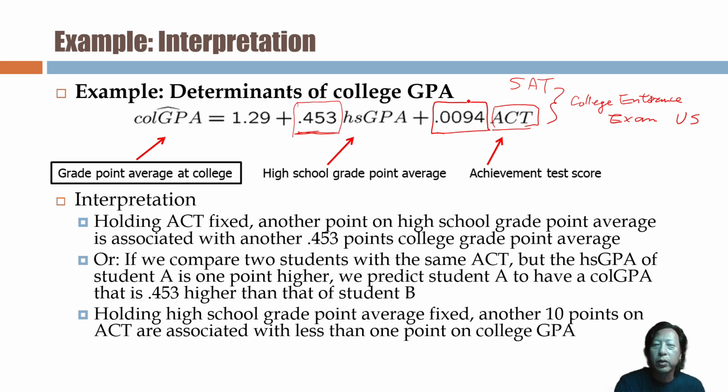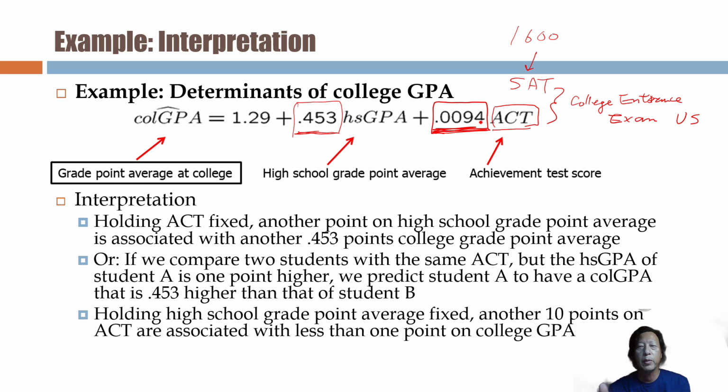That's why this number is getting smaller. If it were a SAT score, the maximum score is 1,600, so you have to multiply by a very small number, right? So this small number